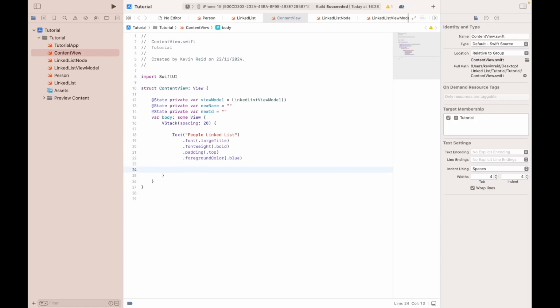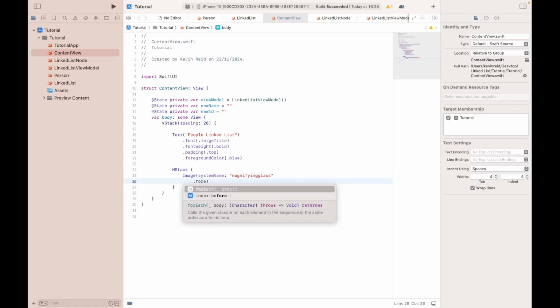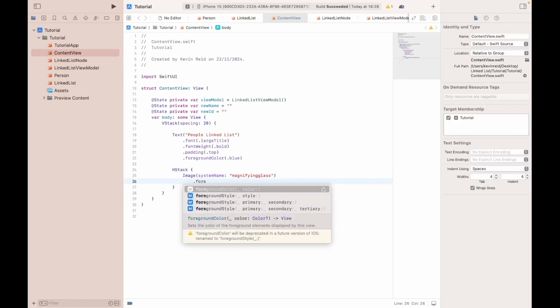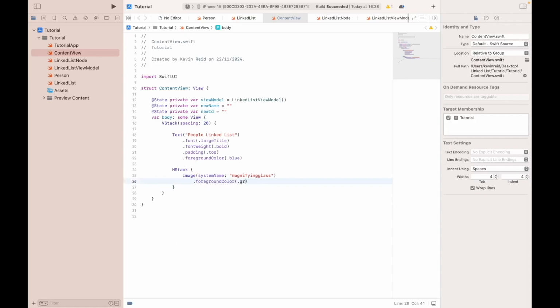The next thing we need to do is to add our search and filter elements. HStack, Image(systemName: "magnifyingglass").foreground, that's wrong, .foregroundColor(.gray),